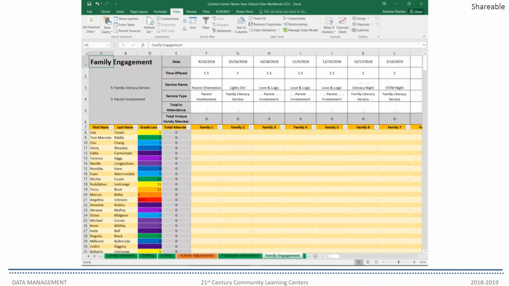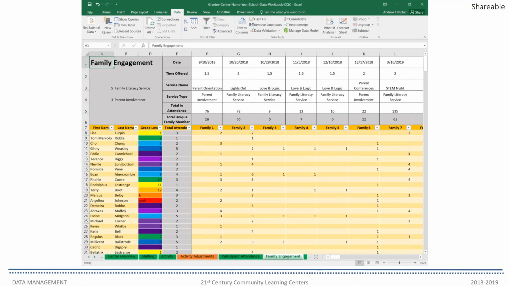And lastly, you enter family attendance. Family attendance is entered vicariously through the participant. For example, you can see here that Lisa Turpin had 2 family members present at the parent orientation meeting. Chow Chang had 3 family members present. Remember, we are not tracking the individual participant, only the family members of the participant. And that's only the family members that are non-21st CCLC participants. Furthermore,